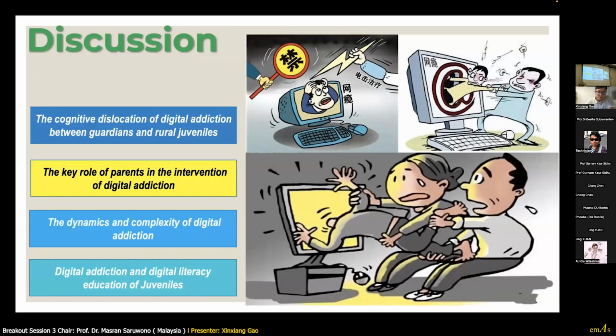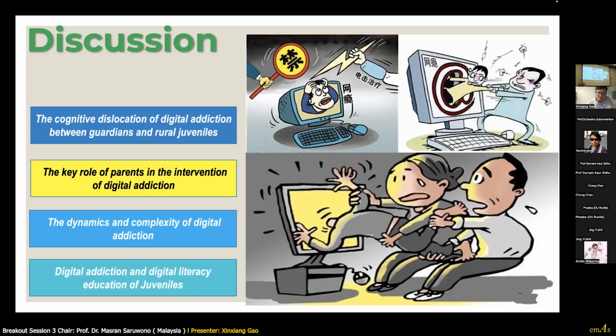Through this research, we found that the problem of digital addiction should be solved through these aspects. First, affected by various factors, guardians and rural juveniles have different starting points and goals for digital products and lack quantification and definition standards for digital addiction.